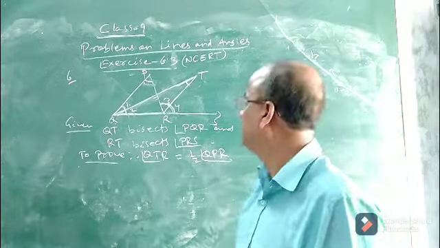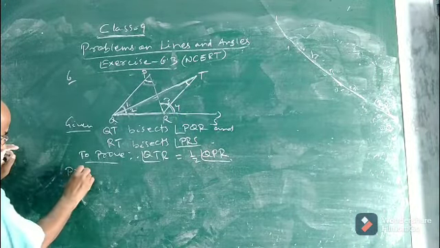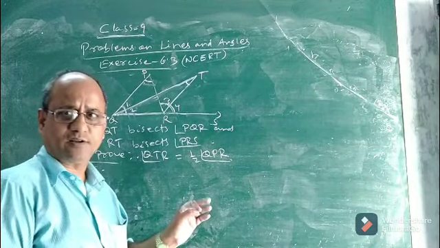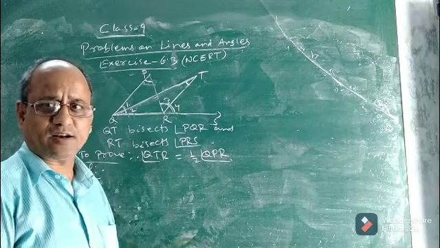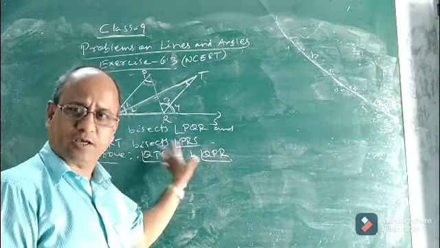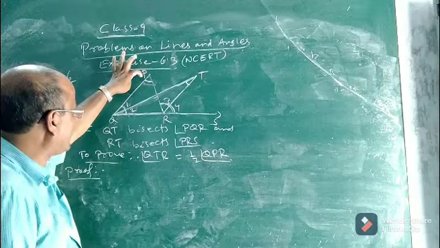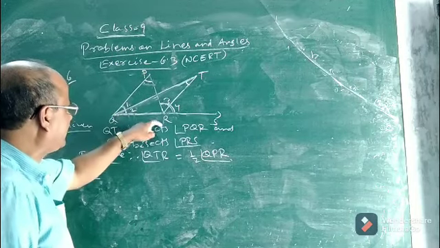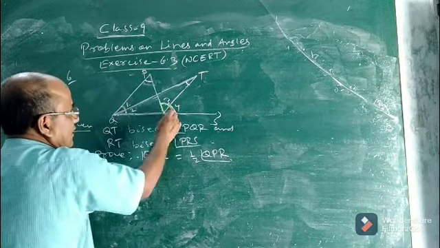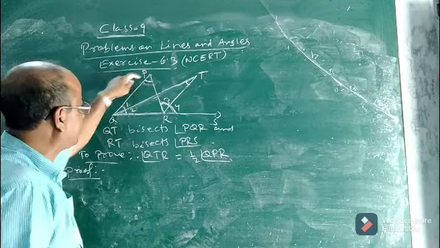Let us see. To prove this, children, we will use the concept of the exterior angle property. I just discussed an exterior angle. The measure of an exterior angle is equal to the sum of its interior opposite angles. If we use this concept, we can easily do it. Now look at triangle PQR. In triangle PQR, this angle is exterior, as I said. Angle PRS is the exterior angle in triangle PQR.